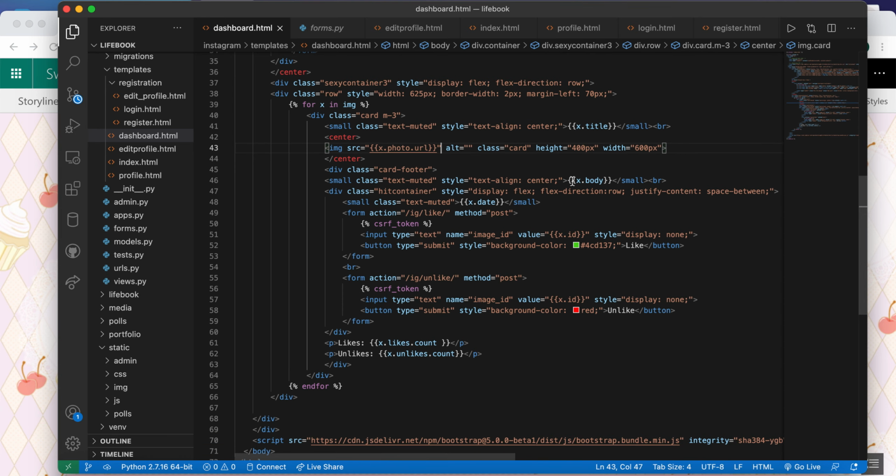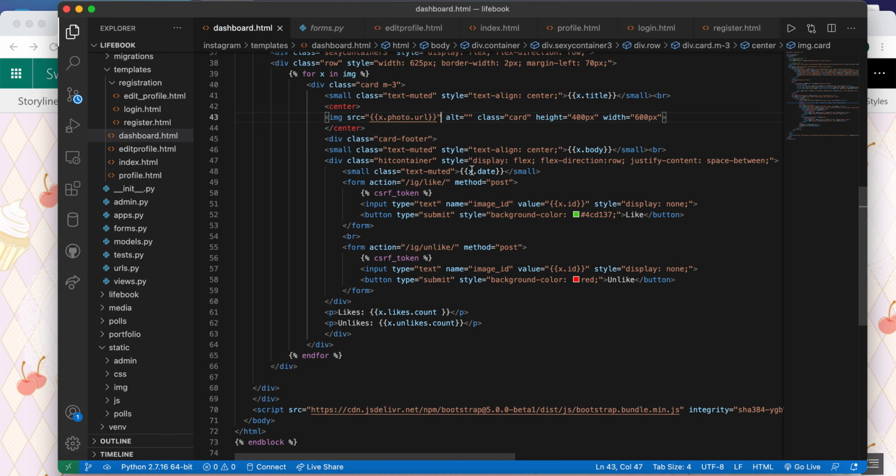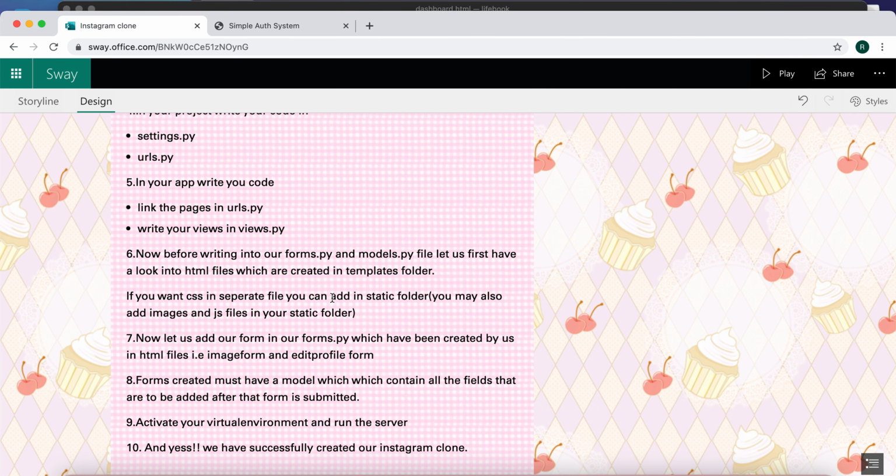The same is for body, in the Jinja notation, double curly braces and x dot body. And the next thing is x dot date and x dot likes count and x dot unlikes count, right? So I think this is clear to us right now. So let us read the next instruction, what it says.